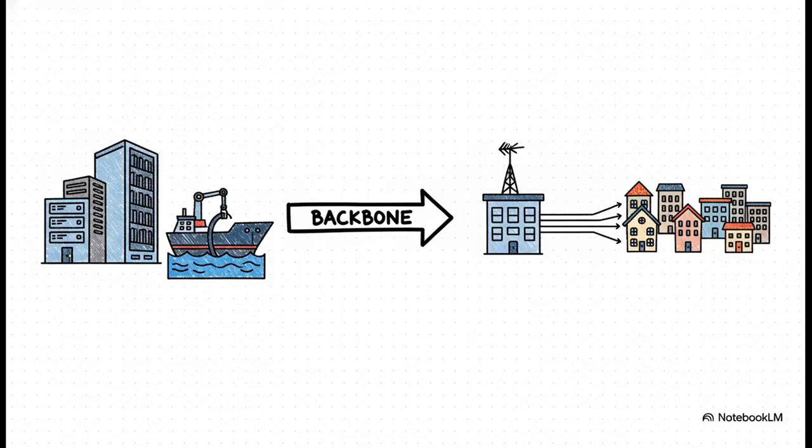So who builds and runs all this stuff? It helps to know the key players. You've got the real heavy lifters, the network service providers, or NSPs. They're the ones building and maintaining that global backbone, the interstates. Then you have the company you probably pay every month, your internet service provider, or ISP. They connect to that backbone and then build the local roads that deliver the internet right to your doorstep.